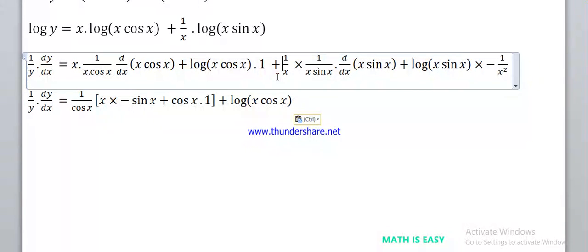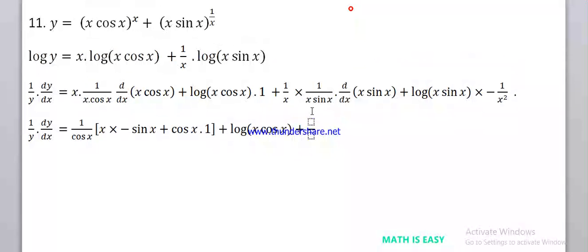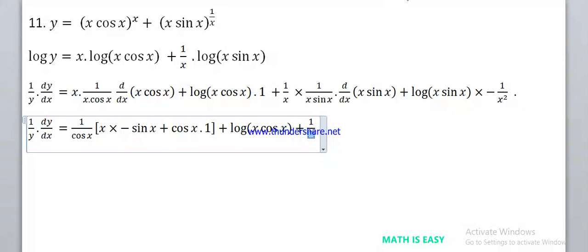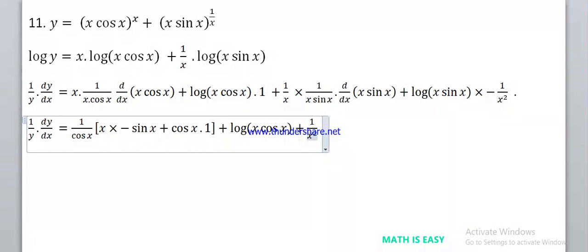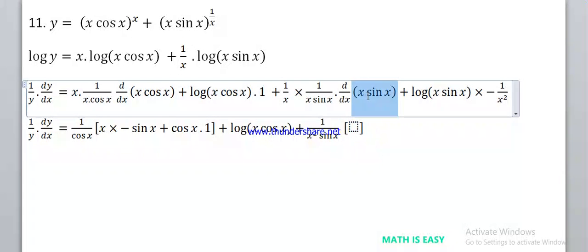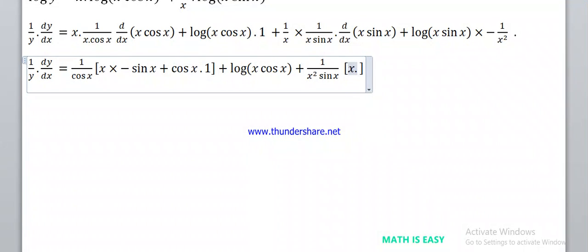Okay. Now here what happens, plus here 1 by x into 1 by x sin x. It is going to be 1 by x square sin x. 1 upon, this is going to be x square, x into x is x square sin x. This term is going to remain as it is. And again here is going to be UV formula, because derivative of x into sin x. Derivative of x into sin x is U into derivative of sin x, U derivative of V plus V into derivative of U is 1.